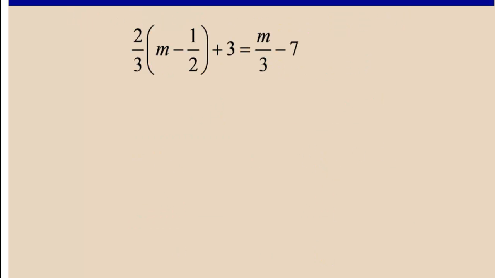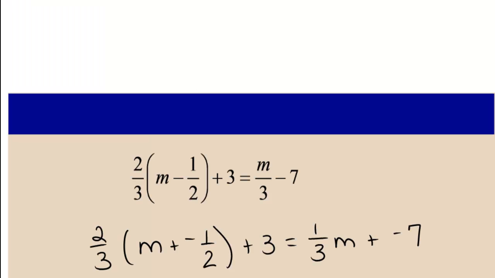I'm going to have you try this next problem. Make sure you change this division to multiplication, and of course change all subtraction to addition, and use your distributive property and your order of operations. Good luck! So your first step should be changing all subtraction to addition and changing that m divided by 3